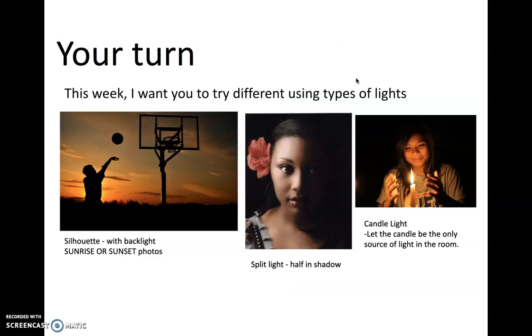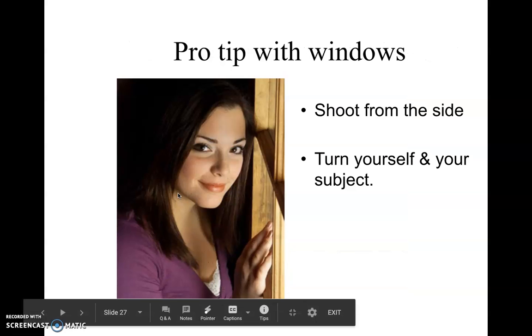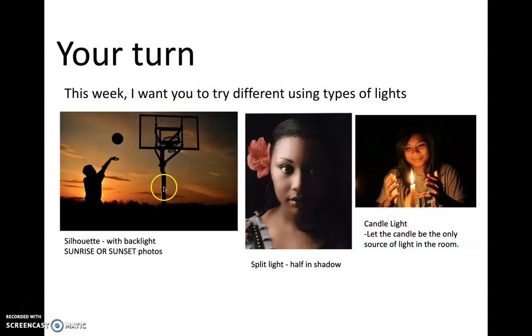All right, here's what I want you to do this week. I want you to try 3 different types of shots. First, try to get a silhouette. You can do that either by putting someone in a window like this. Maybe you get a silhouette of them standing in the window. Or honestly, I think it'd be more fun if you go outside as the sun is going down, just past the golden hour, and see if you can catch that silhouette,